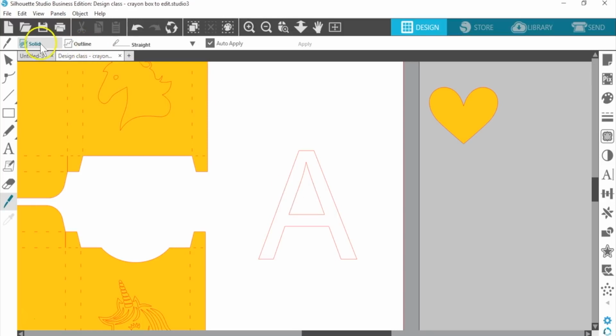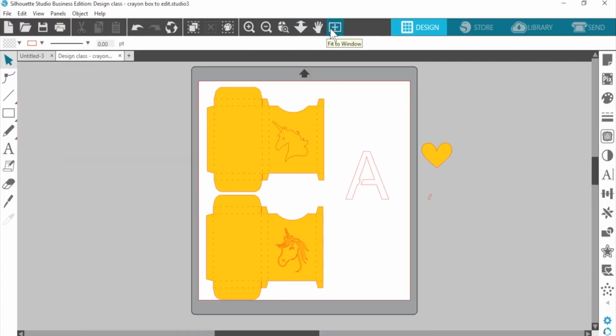So I'm just going to make sure that that's treated as solid, and I will click and drag my knife tool down. And that makes a slice in there, and I'm going to do that one more time. And now you can see that the inside of that letter is now going to be connected to the background if I place it over the box. So that's one way you can convert a design into a stencil so you don't lose the intersection.